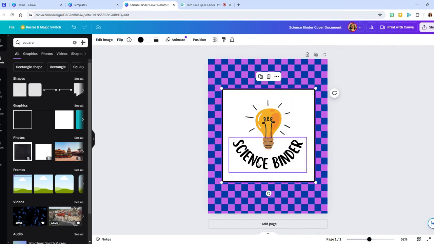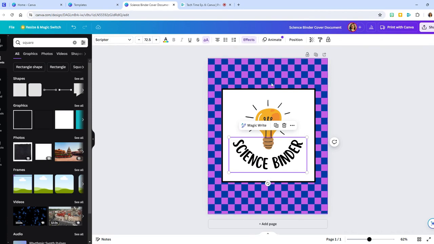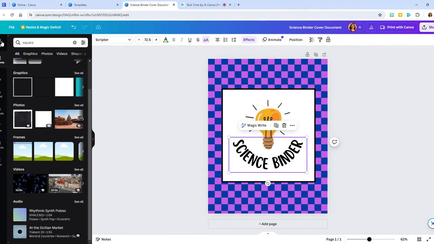The next thing that you can do is your text bar. Now, you can add more text. Maybe you want to put your name in there under your science binder. Maybe I like science binder, but I want it shaped differently. So I'm going to go up here to the top, and I'm going to click effects. And as you go down through the effects,